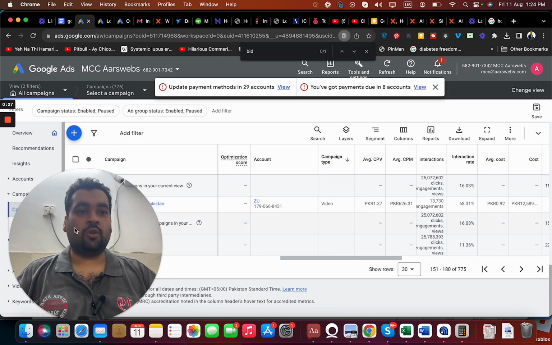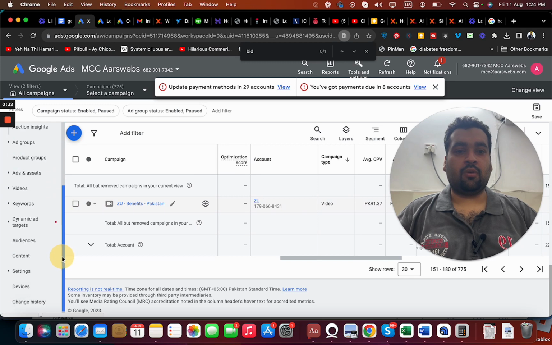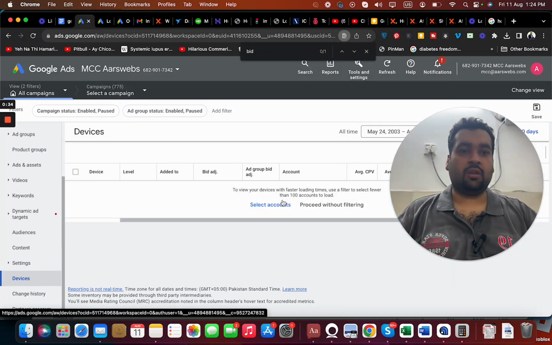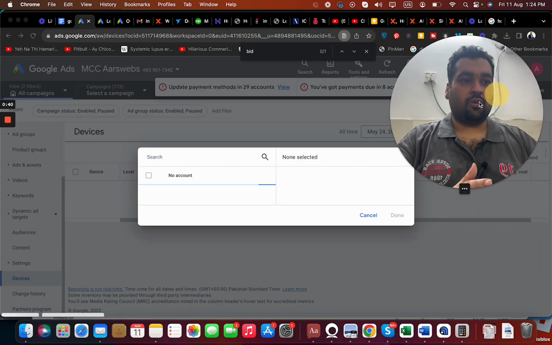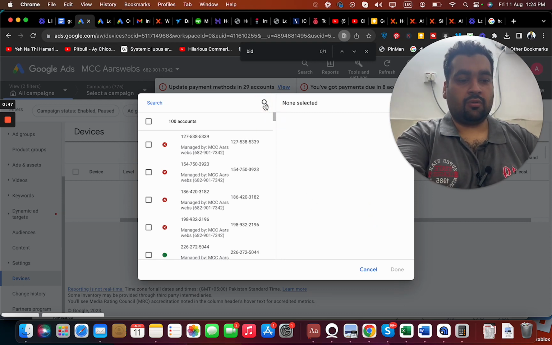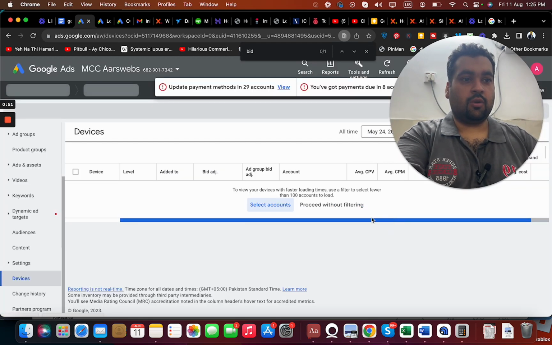Just simply open your Google Ads account like this. You can see your campaign over here. You can just scroll below and select the devices. Right now this is the dashboard, so let me open one of the accounts so I can show you as well. For instance, I'm going to open the same account over here,